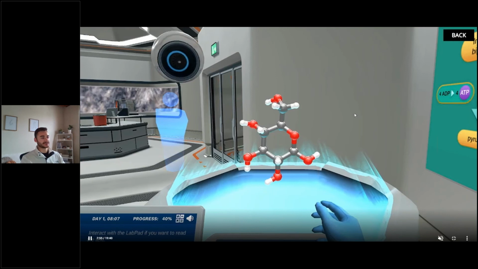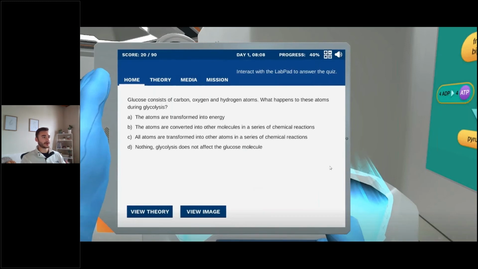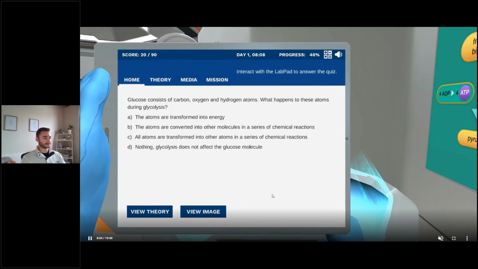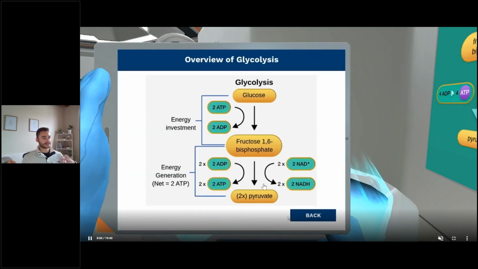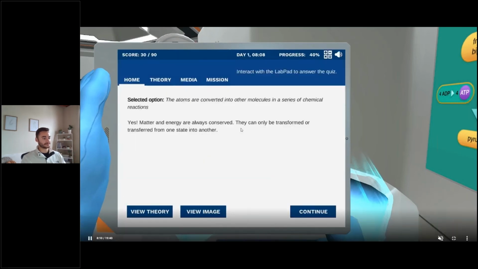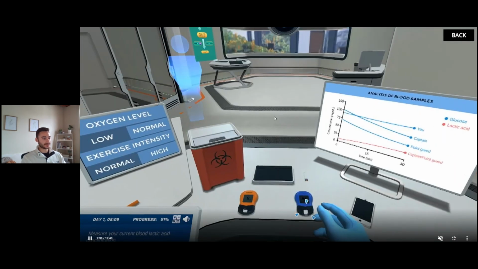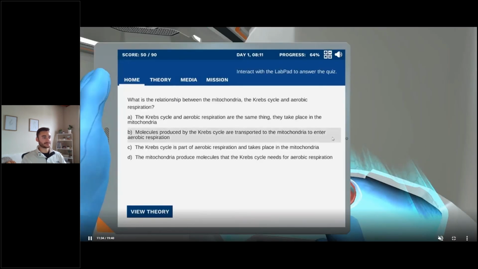So here's a chance for students to interact with some atoms. And again, we have those quiz questions that pop up along. So here it gives us the option to even view the image so we can better understand the question. Again, just skipping around a little bit, as I mentioned, we'll have to get you guys connected with your area regional manager. That way they can set you up with access. You can try these out for yourself.